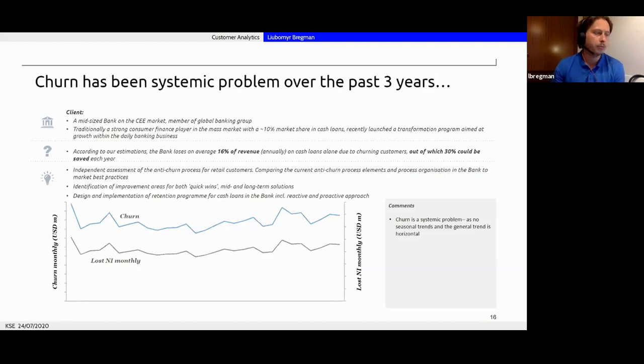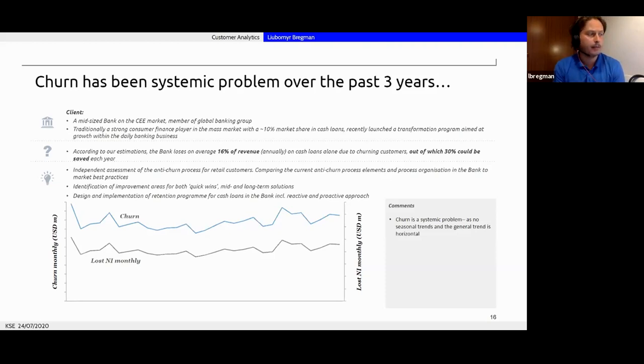I'm just not sure how important it is for Ukrainian banks, but for banks in the region, it's a super important loan because on the cash loan, when you take money in cash, you get a super high interest rate. People often forget to repay it, so they get extra fines. So it's super profitable for bankers to give cash loans. It's a very small amount, but high profitability for those products.